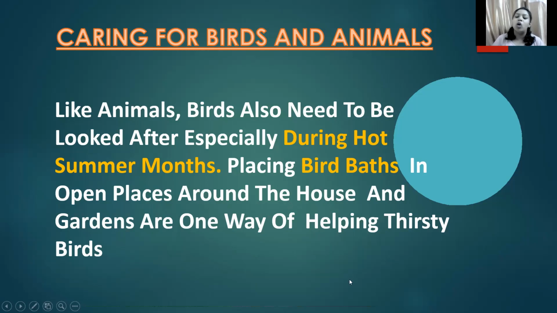There are a lot of thirsty birds flying around. So what you can do is keep a small bird bath filled with good, clean water so that it doesn't affect the birds, because they happen to be thirsty, so they can come and quench their thirst.